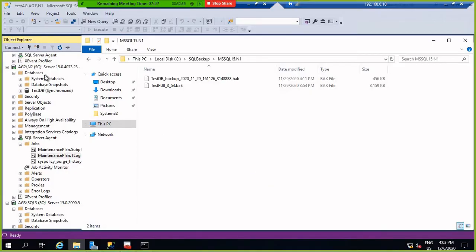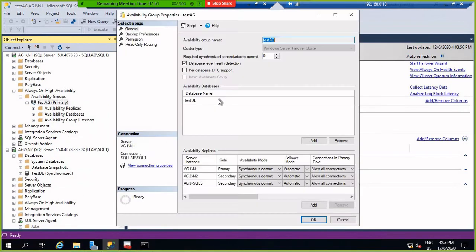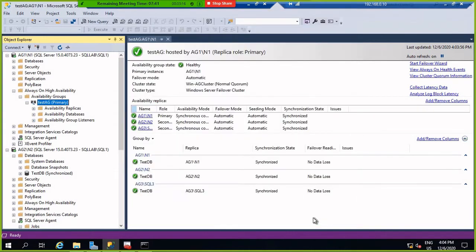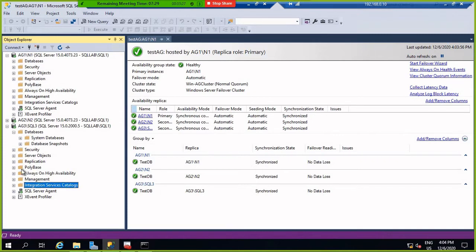Why is it generating? Because we already gave the priority in backup preferences here. Suppose I give this priority to this one, and now generate the backup again. But here a job is not configured, so first we configure the maintenance plan.